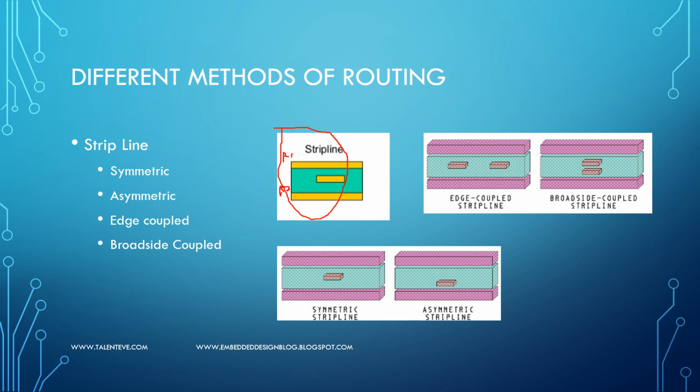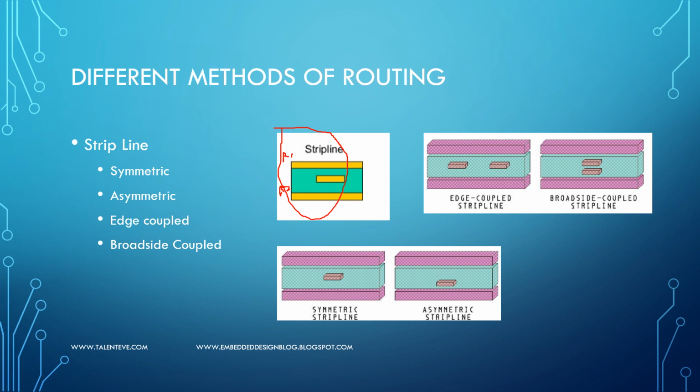That means what we are talking about here is that the routing is embedded into the PCB. For example, if you have a 4-layer board, or for example a 10-layer board, let us take a higher one, and you want to route a signal in the 6th layer, in this case the routing is done in the inner layer, and such a routing is called a strip line. As simple as to remember that.